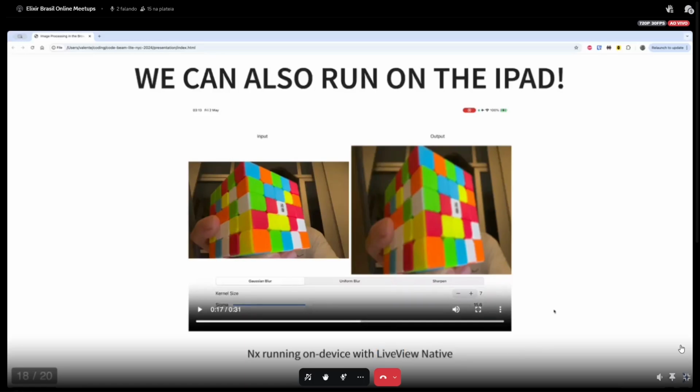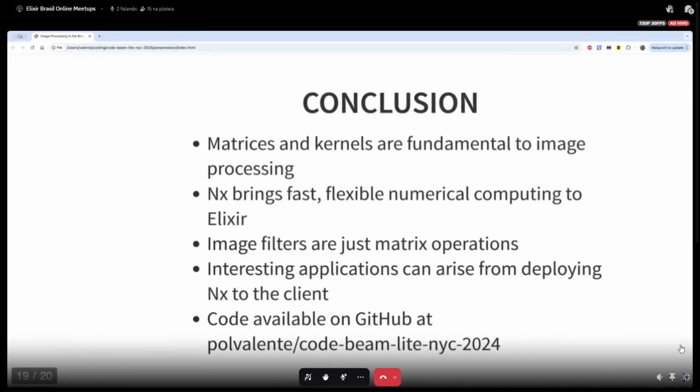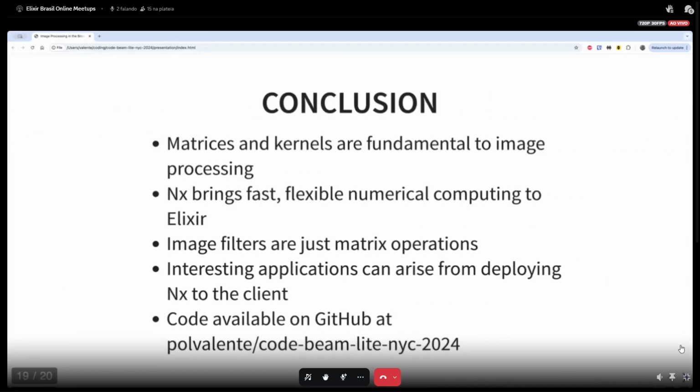And this is the small surprise that I had separated for you. So we've seen how matrices and kernels interact to produce image processing. We've seen NX in action, especially NX being deployed to the client. And by deploying to the client, we avoid